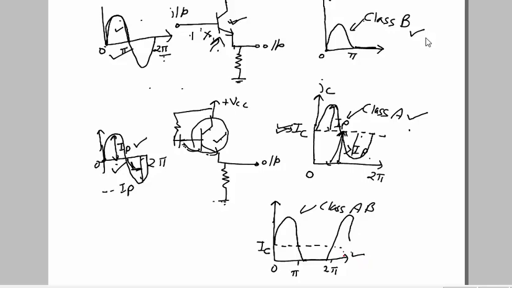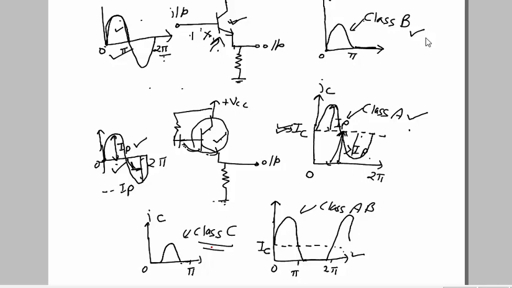Now one more is there, the class C amplifier. In that, the output signal is biased, or we can say the conduction angle is lower than 180 degrees, meaning it will be like this. So this is 0 and here this is pi. This is class C. Here I have explained in a random manner.